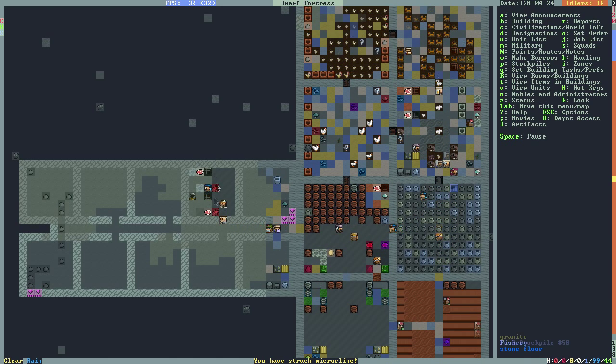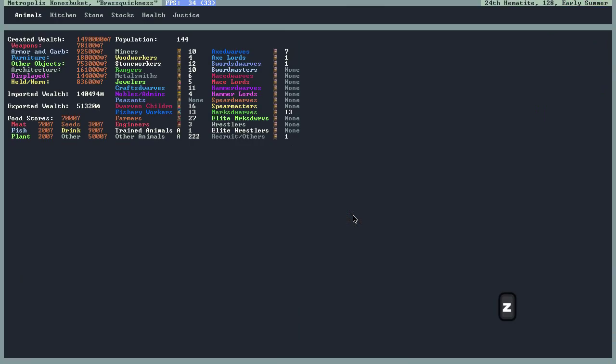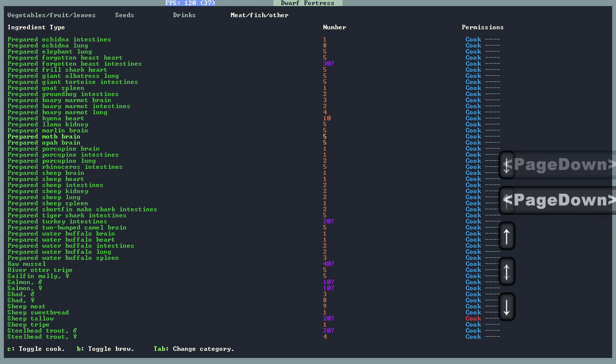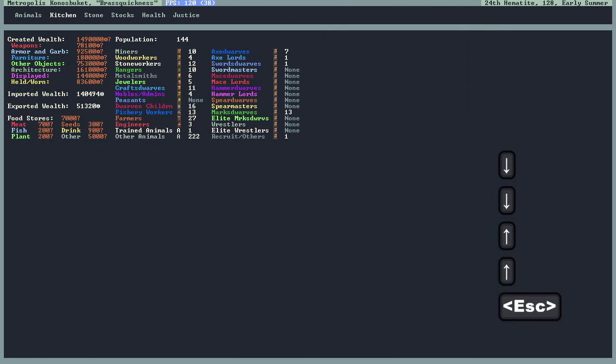So yeah, when the fish is cleaned and dissected, it's a normal fish which you can use in your stockpiles, which I probably have some. If I check my kitchen here, go to meat, fish, whatever. Let's see, lots of sheep stuff and livers and prepared stuff. Prepared sheep stuff, short fin mako shark intestines. Apparently I catch some mako sharks. Better be careful with your energy reactors. Mako. Thornback rays and stuff like that. All sorts of fish, but